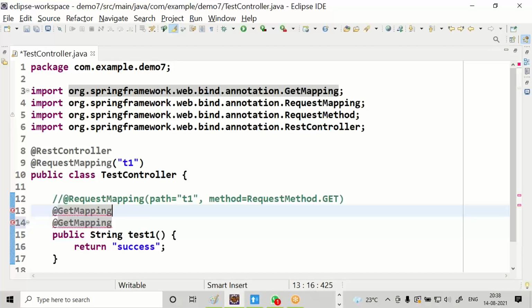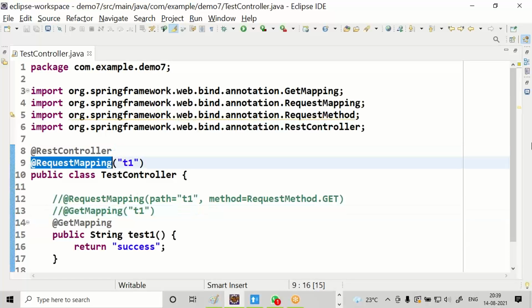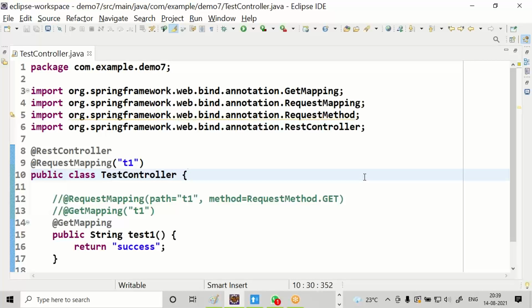Earlier we were using GetMapping like this. I'm just commenting this. Straight away, T1 is provided on top of the class through RequestMapping. So here you have to go for RequestMapping only. It should not be GetMapping, it should not be PostMapping, it should not be PatchMapping.